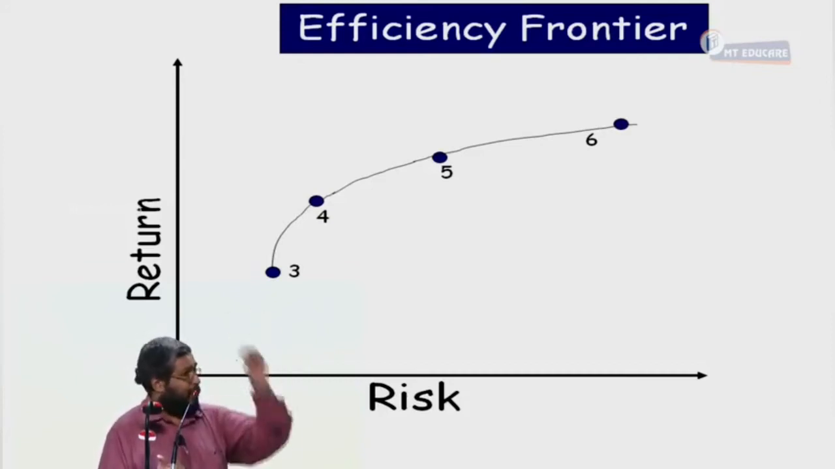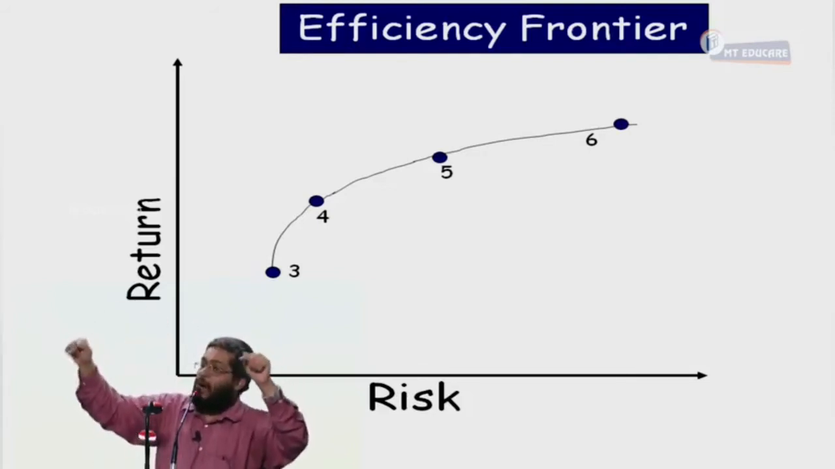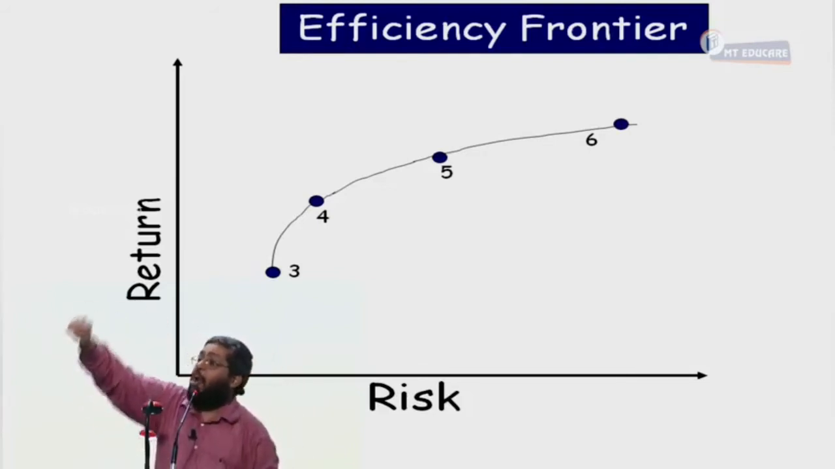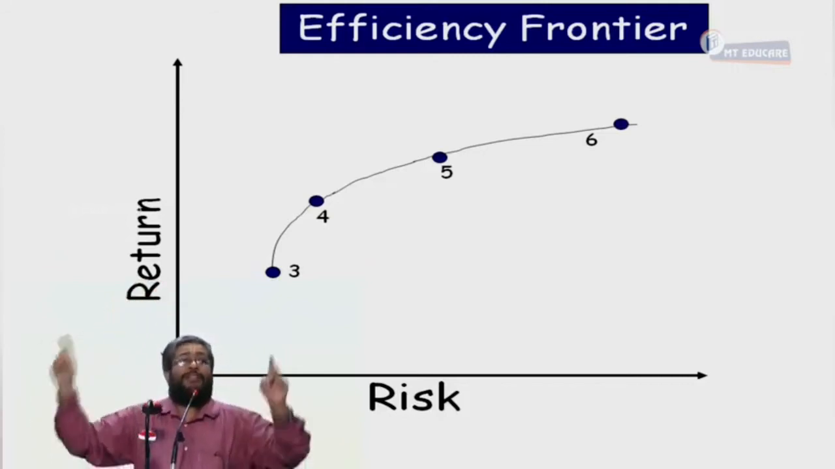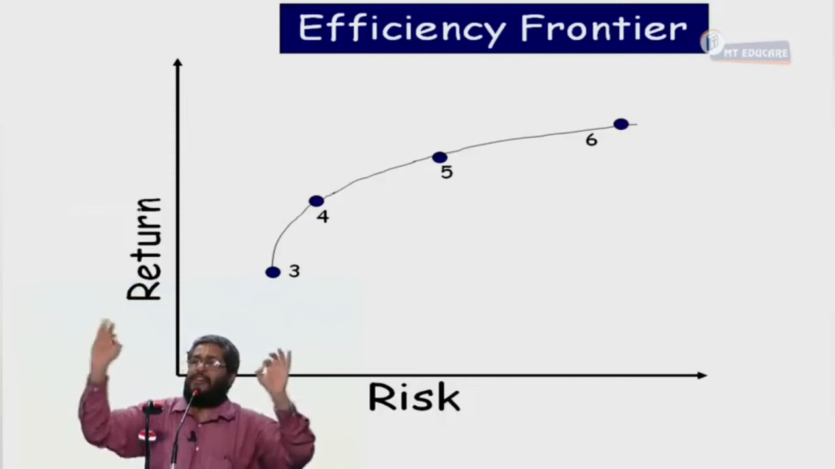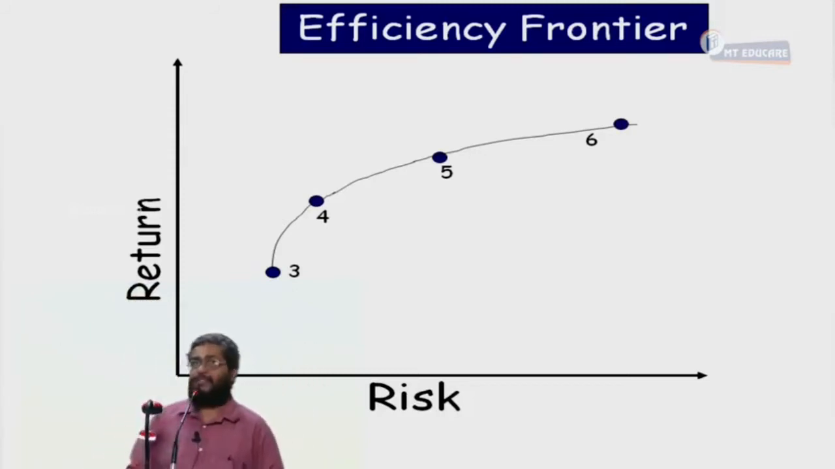I should place my money only in one of the portfolios or shares which are sitting on the efficiency frontier. I should not put money in any other share or in any other portfolio that falls below the efficiency frontier. That is the first conclusion Markowitz has made. Are you following or not? Now the next question is,